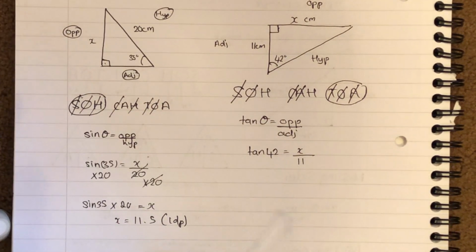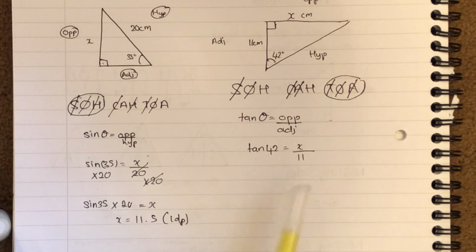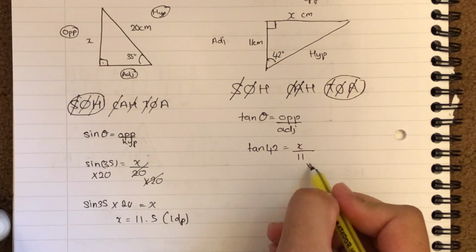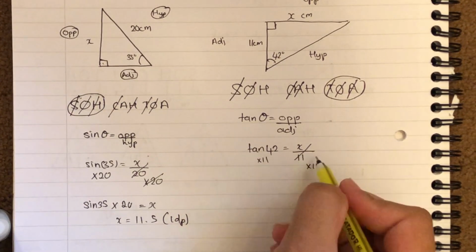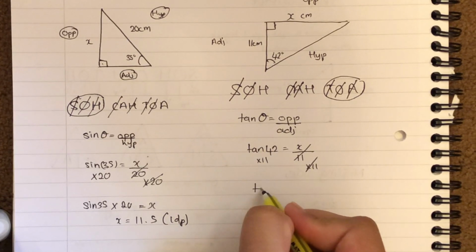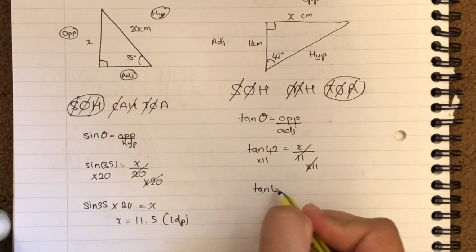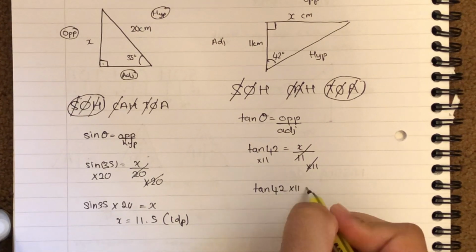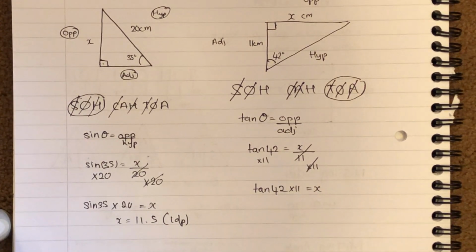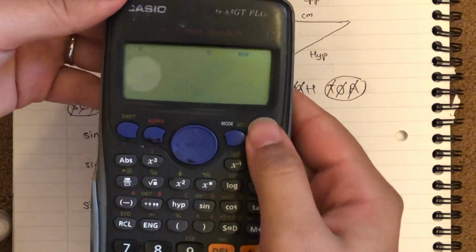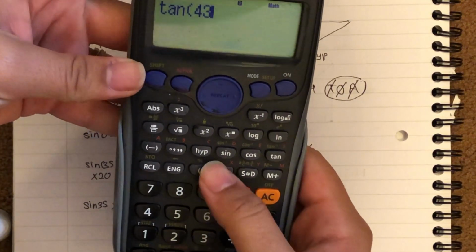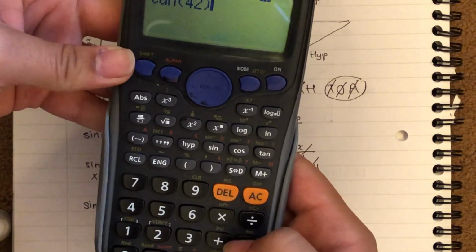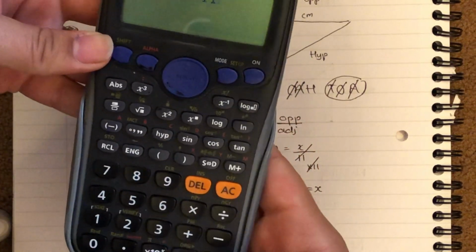Now, I need to make x the subject of the formula, so that means I'm going to take 11 to the other side. Okay, so to take 11 to the other side, I need to multiply it since it's being divided. I'll multiply by 11 on both sides. Now my new formula is tan 42 multiplied by 11 will give me the value of x. So I'm going to get my calculator and I'm going to write it down. Tan 42 bracket multiplied by 11 is equal to